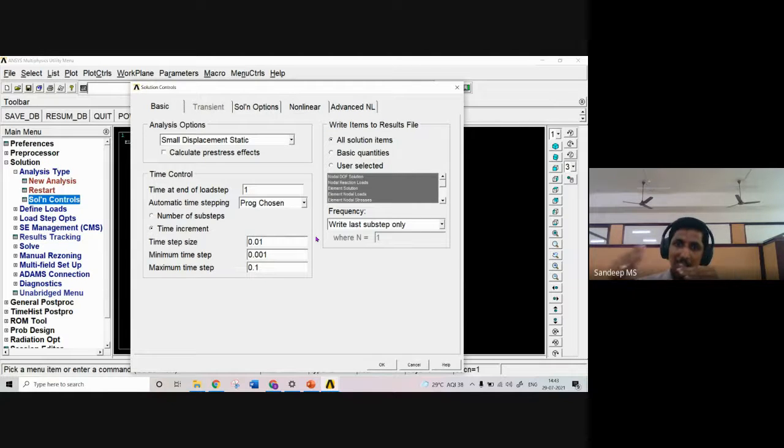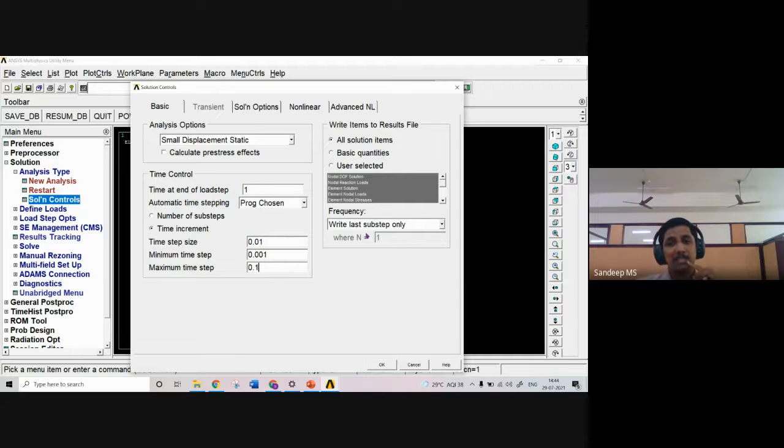So in the next stage of analysis, ANSYS will take the initial sample as the beam from the previous stage. That is, it is actually the deformed beam. Sometimes a crack may have formed. To that only it will be applying the next amount of load. So the advantage is that it can take the geometric non-linearity into account. When we go on slightly increasing the load, there will be some non-linearity induced due to the change in geometry, which can be included by applying stepped loading. That is the main advantage of using this method.